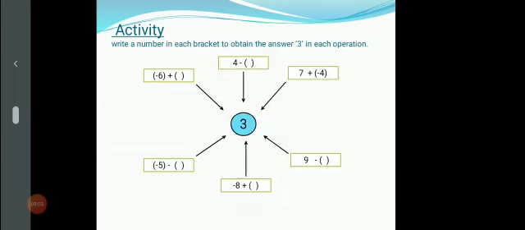Next is +8 minus -3. Again it is a subtraction sum. Here we change the sign of -3. -3 becomes +3, so we get both integers positive. So +8 plus 3 becomes 11, and your answer will be 11, a positive integer. So these are the rules of addition and subtraction of integers, and based on them we have solved the above examples. Now one activity is given in your textbook.